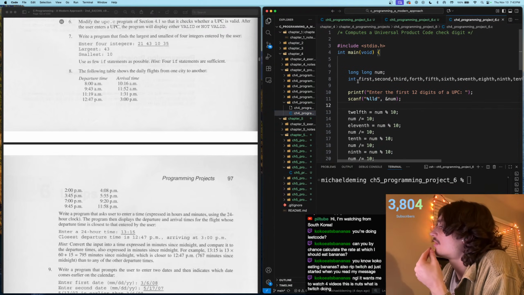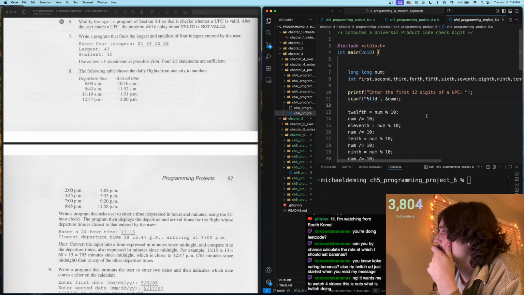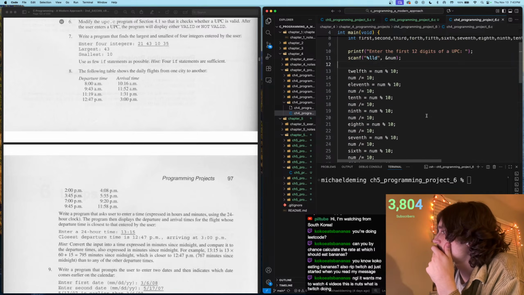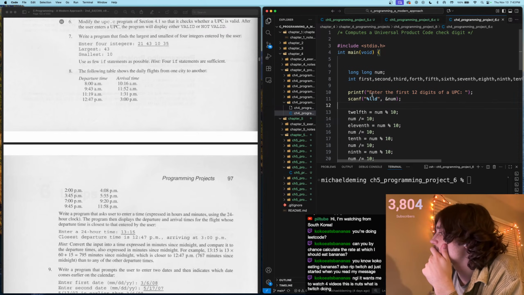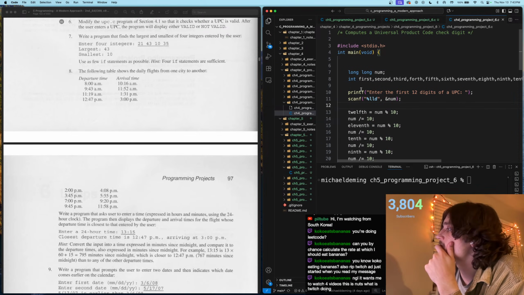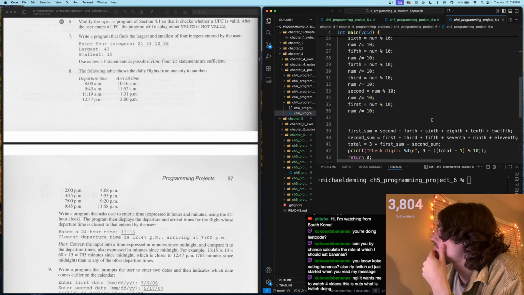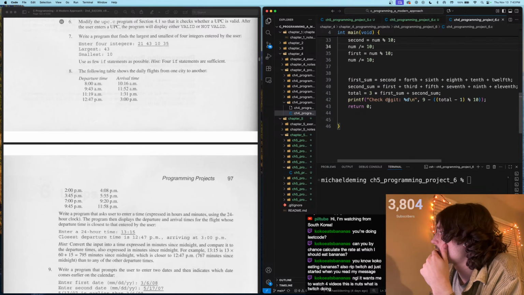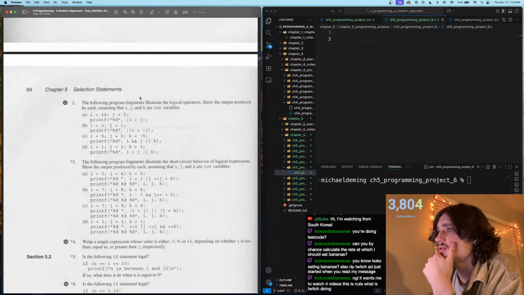Yeah, this was to enter all the digits at once. And probably wanted us to use mod. Oh, we did use mod. Okay, so let's just go to that program. Let's go get the original one then. So in 4.1,